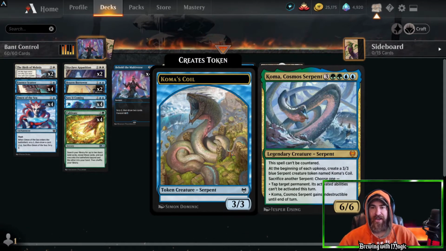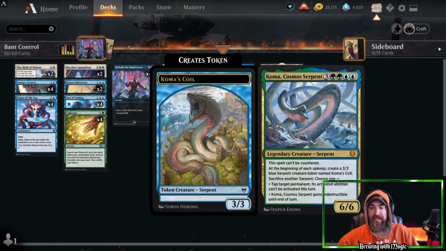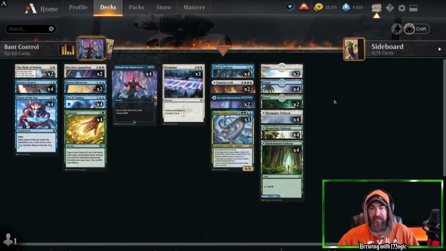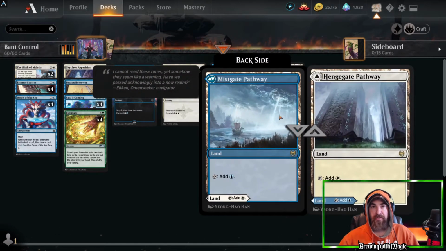We have Koma, Cosmos Serpent, 2 blue, 2 green, 3 colors for a 6/6 legendary creature Serpent. This spell cannot be countered. I'm already liking that text. At the beginning of each upkeep, theirs and yours, create a 3/3 blue Serpent creature token named Koma's Coil. Sacrifice another Serpent and choose one. You either tap a target permanent, and its activated abilities can't be activated, or Koma gains indestructible till end of turn. Super strong card. Finish the deck up with 2 Plains, 4 Islands, 2 Forests, 4 of the blue-white Pathway,